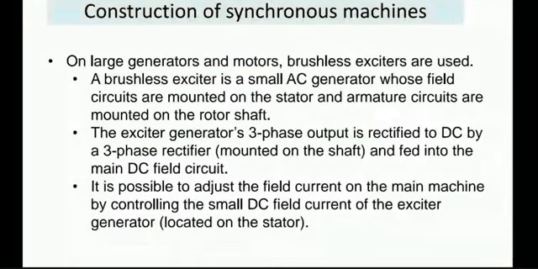A brushless exciter is not a DC generator. It is actually an AC generator whose output is rectified to produce DC. Maybe later I'll show you some schematics on this. The other method, of course, is to use a DC generator. In that case, no rectification would be required. A commutator would do the rectification for you.